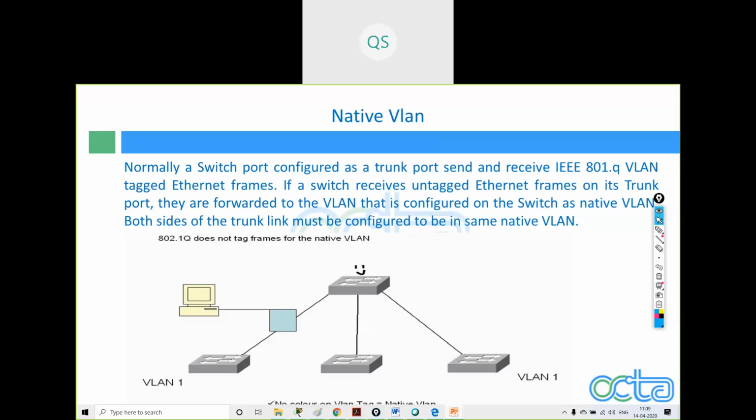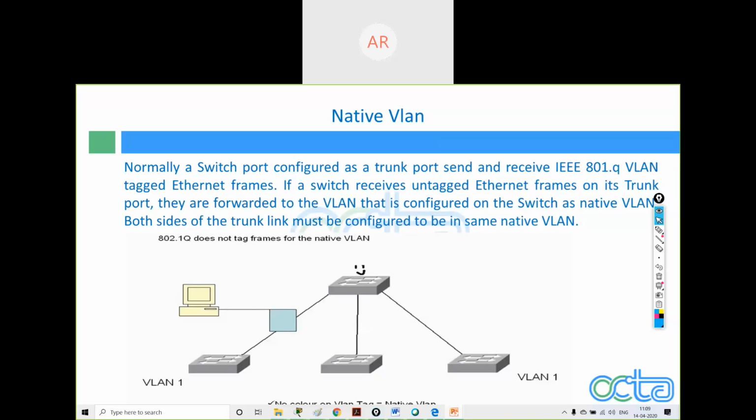You can assign IP addresses to the native VLAN. Why do you need to assign an IP address to a VLAN or to a switch? For remote configuration.